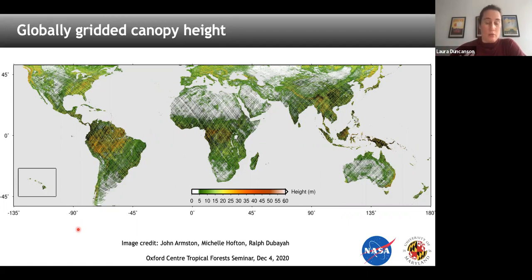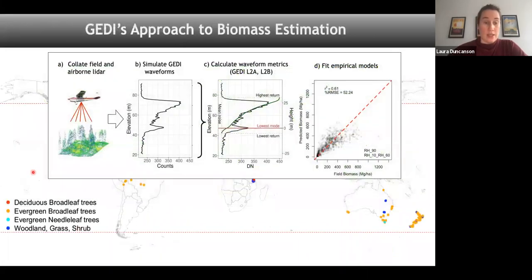So we're thinking we're going to get at least 10 billion observations, but of course this will not be collecting data absolutely everywhere. There will be spatial gaps, and GEDI is a near infrared LiDAR, so it does not penetrate clouds. So in perpetually cloudy areas, you're going to have more spatial gaps than you will in relatively dry areas. So that's one consideration. But what this talk is really about is about biomass.